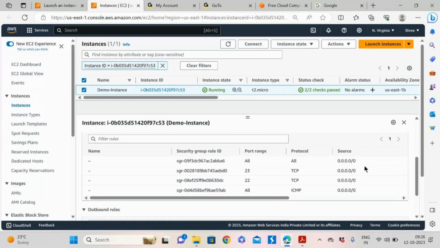So throughout the world we are allowing access, all port ranges, all protocols. After just adding this rule, these are not actually required. For some demo I might have added these rules, but this is not required if I added all and all.